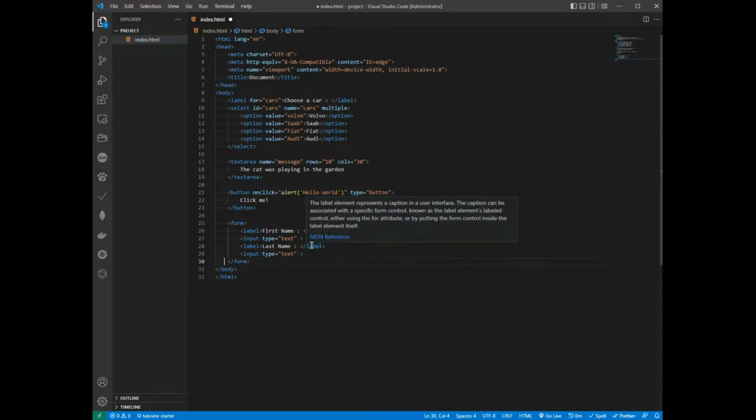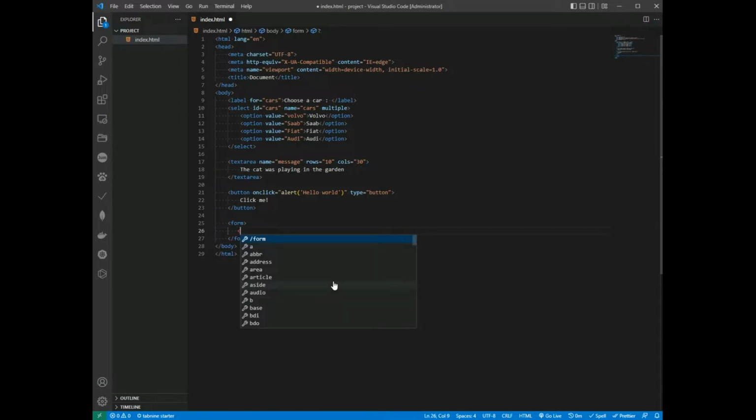To save time, I won't set ID and name for input and label, and cut the tags and create a fieldset, paste here